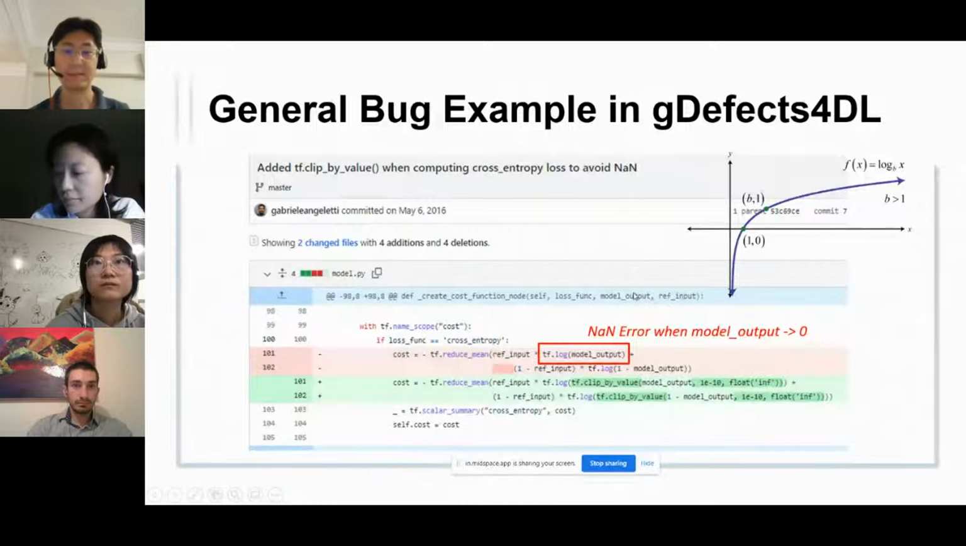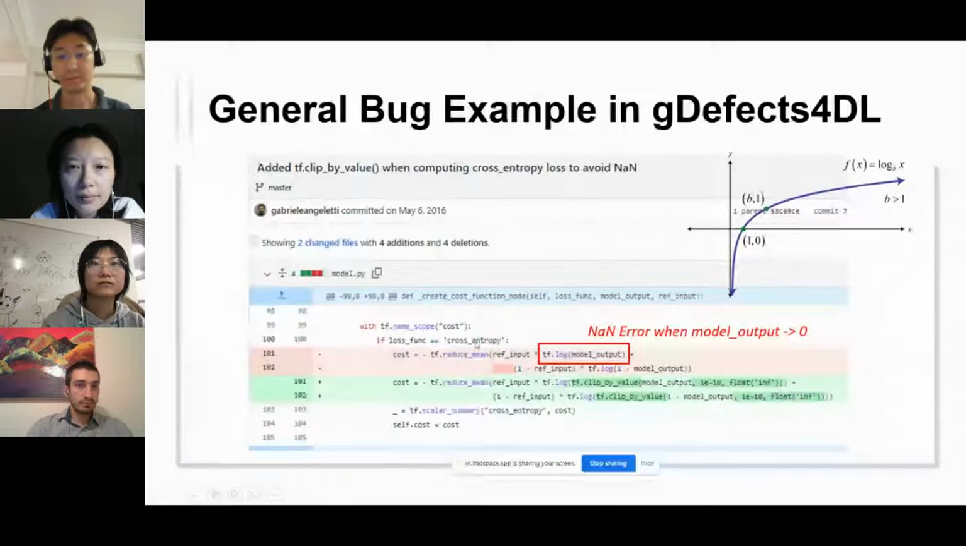In addition, this log function is frequently used in many loss functions. So there are a lot of fixes to address this problem. The problem is very common, and there are a lot of fixes. In these examples, we can see that there are clip-by-value functions, which control or constrain the range of